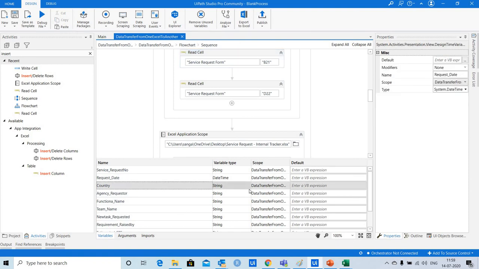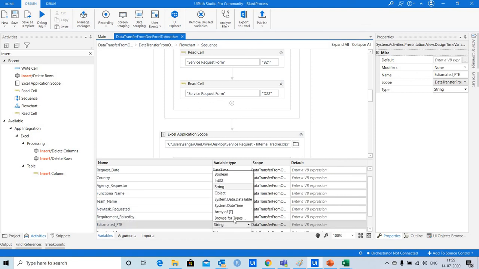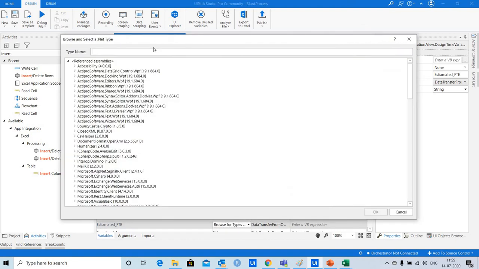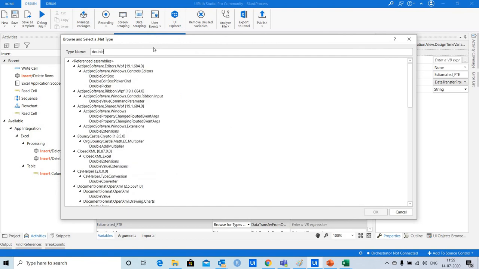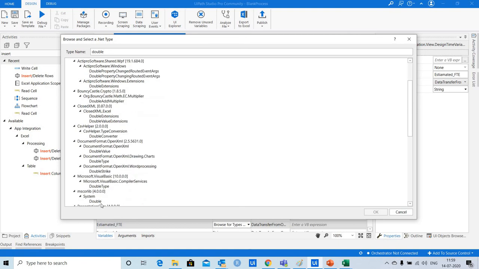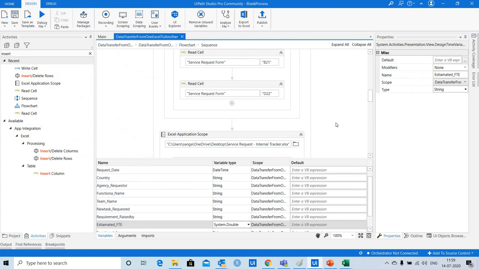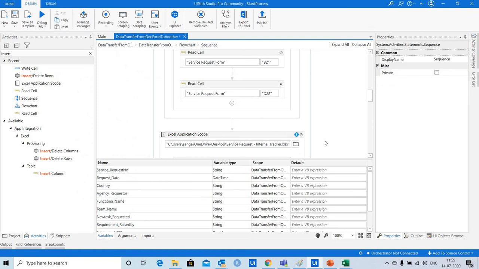Let's go to the variable estimated FTE and then change the variable type as double, and then select the variable as system.double, and then let's run.